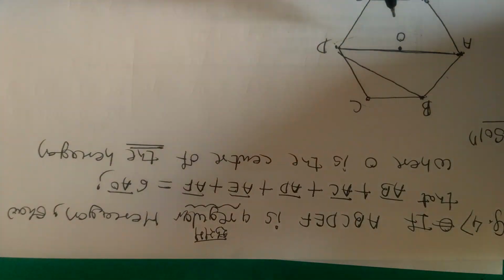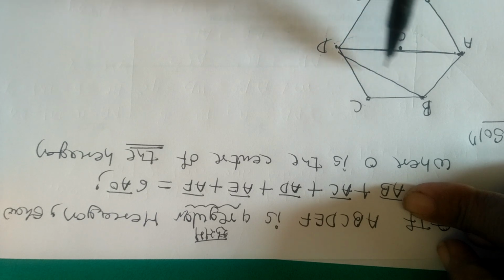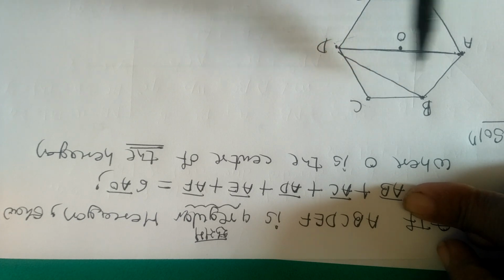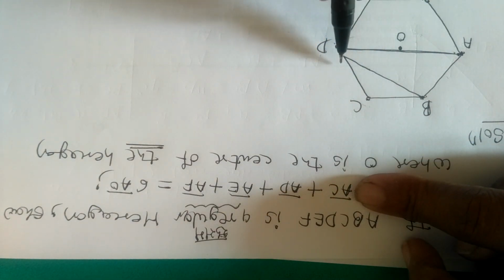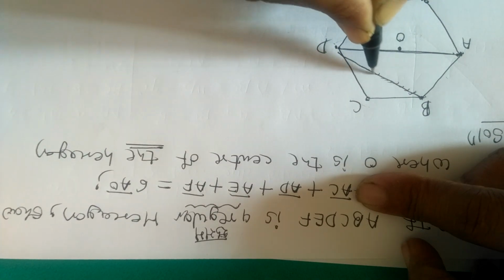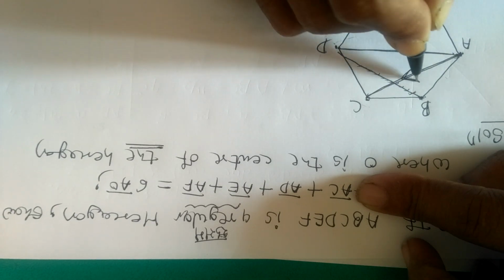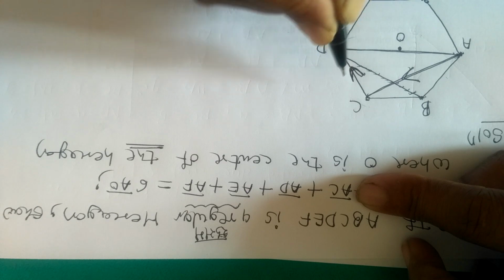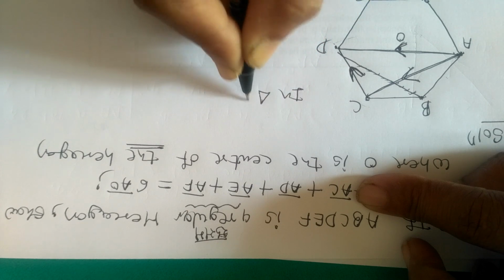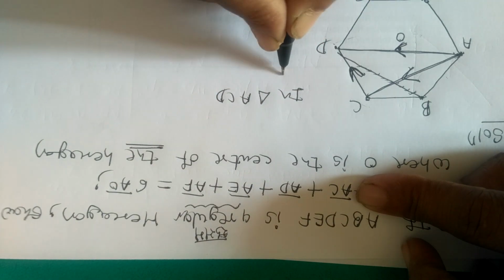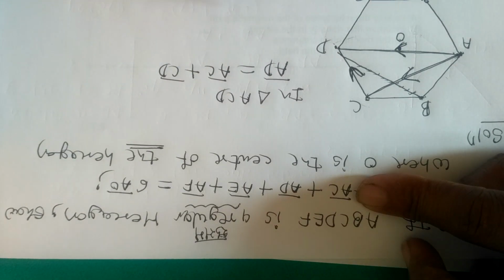So we have the vector AB bar. For this vector AB bar, we could use BD bar, but this BD bar is never congruent with another side of the triangle. So we use side AC bar and use the triangle law. So we can draw a diagonal of the hexagon. So we join A with C. So this AC bar and this CD bar form AD bar. This AC bar plus CD bar means in triangle ACD, we take AD bar is equal to AC bar plus CD bar.